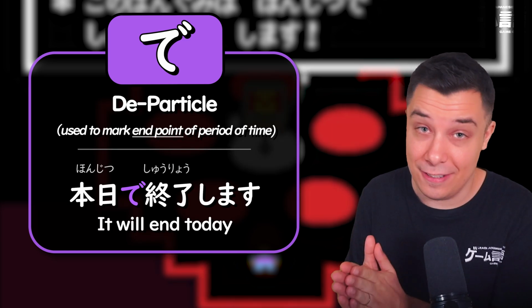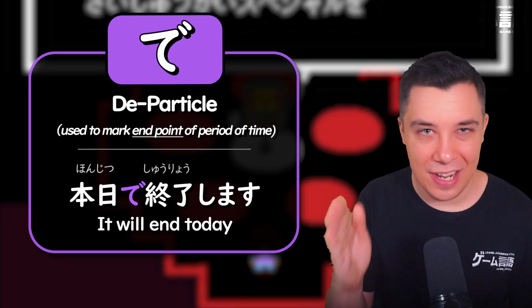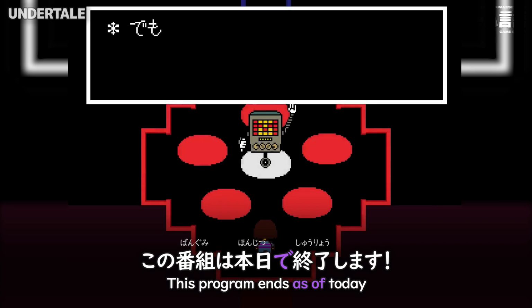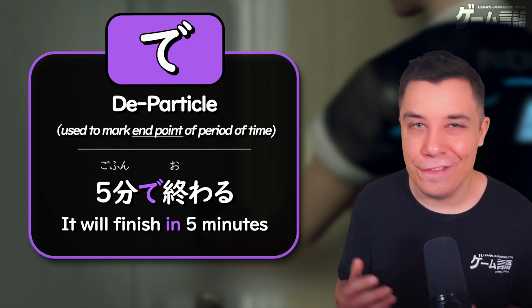Because of this, you will often see it used with verbs that have some sense of finality, some sense of things ending. Like here, it will end today. 本日で So at this point in time, today, 終了します。